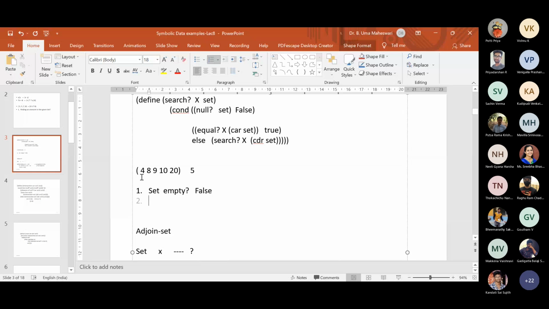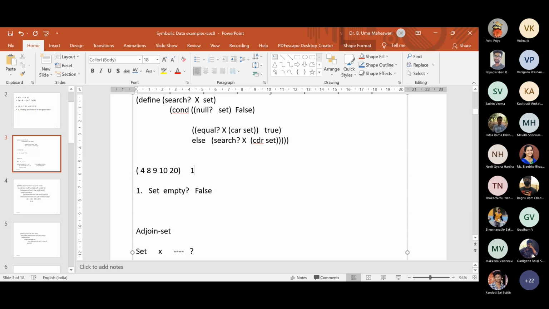The second condition is that some elements are there, and we would like to perform the search. So we take the first element and compare it with the given element. If this element is lesser than the first element, then what?